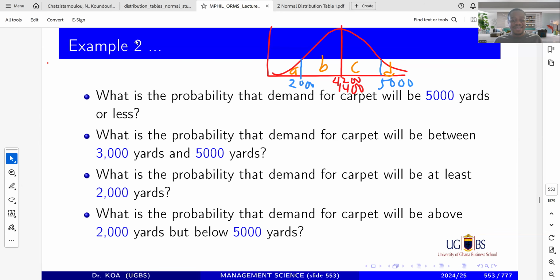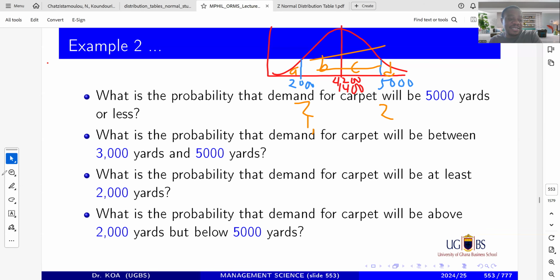The majority of you are getting it correct, and that is B and C. B and C is the right answer. So now that you know it's B and C, you have to find the Z value for 2,000. Then you find the Z value for 5,000. Read the Z value for 2,000 to get a probability, read it for the 5,000 to get a probability. You add the two, job done, finish.